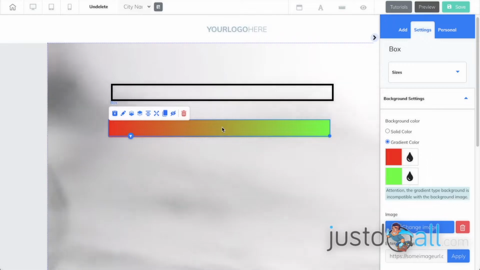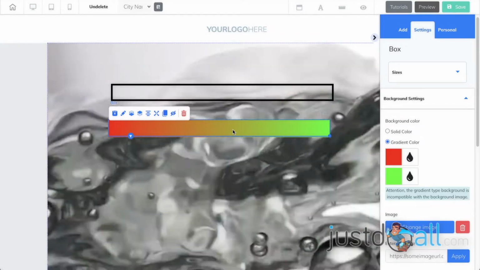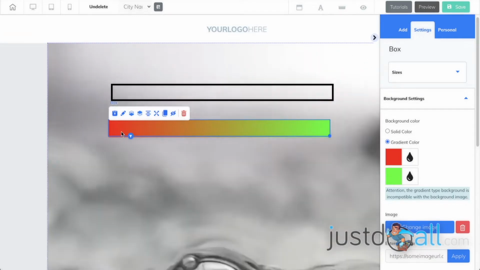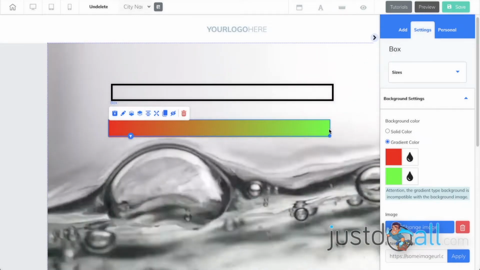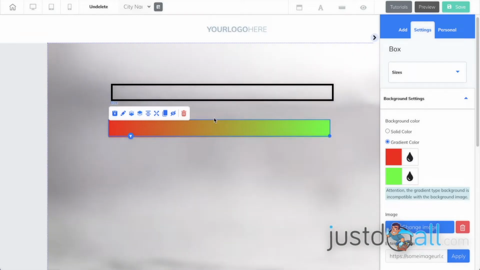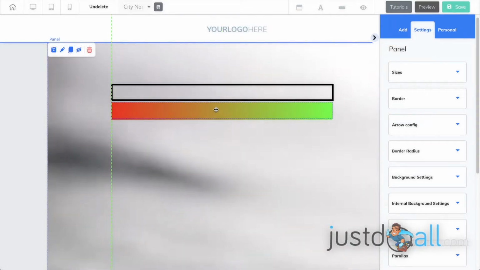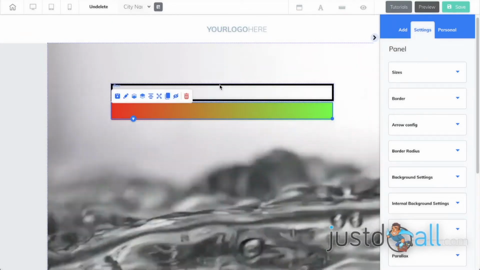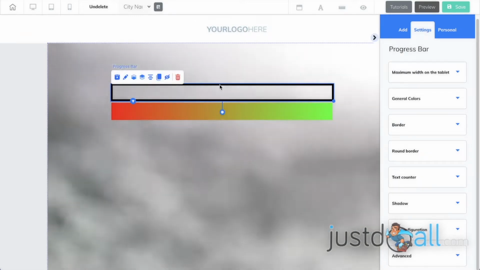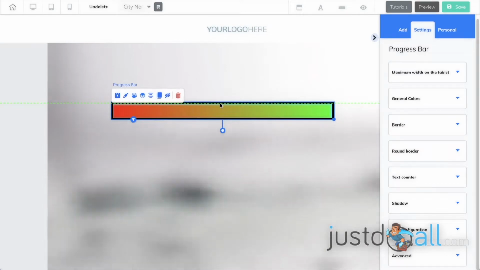In this case, you can put 2 boxes, or the simplest is to make an image, so you can control the gradient you want, or any image in fact. And then what you want to do is to put the box underneath the progress bar, so the progress bar will cover the box exactly. So let's do like this.